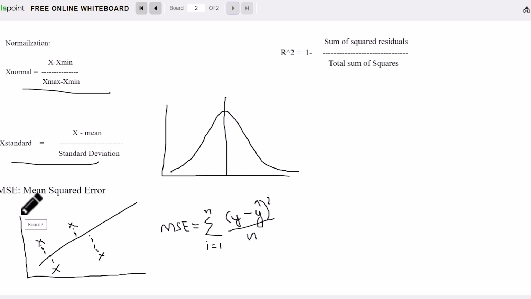the basic principle of our model is to make the distance between the data points and the best fit line minimum. So how does the mean squared error work? It works based on this formula. The y is our actual data value and y cap is the predicted value. So n is the number of data points that we have. So it squares the difference. Basically, we can see that this is an